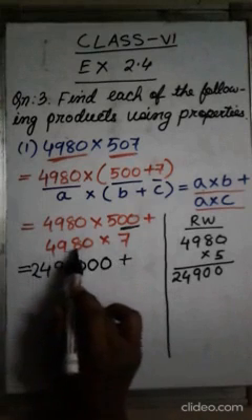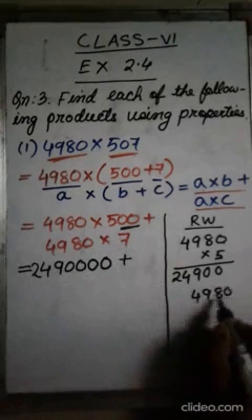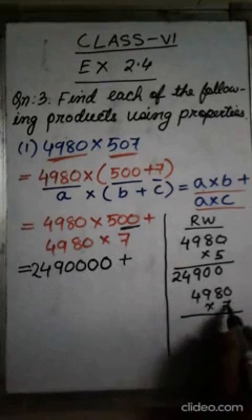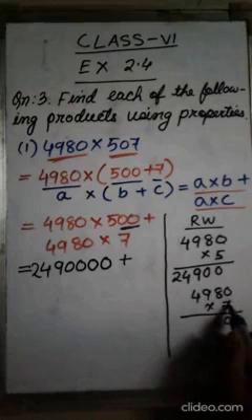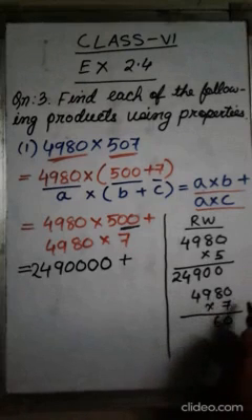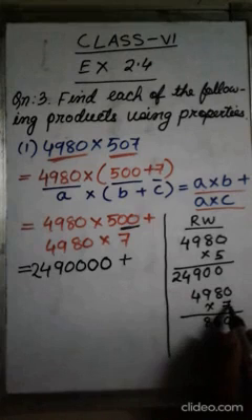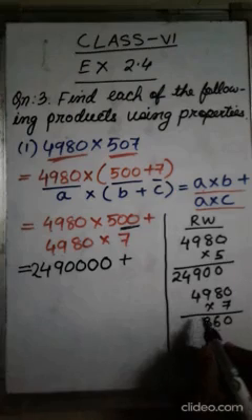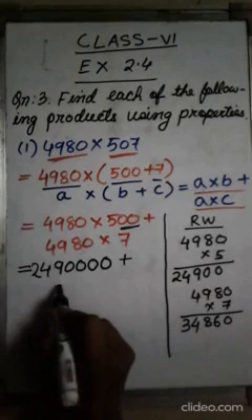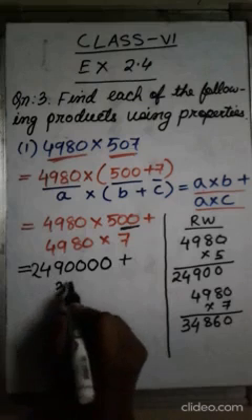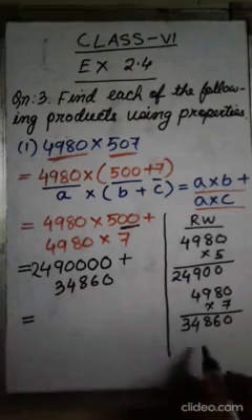Plus again 4980 into 7, you do it. 4980 into 7: 7 into 0 is 0, 7 into 8 is 56, 7 into 9 is 63, 63 plus 5 is 68, 7 into 4 is 28 plus 6 is 34. So it is 34860. If I add these two numbers,